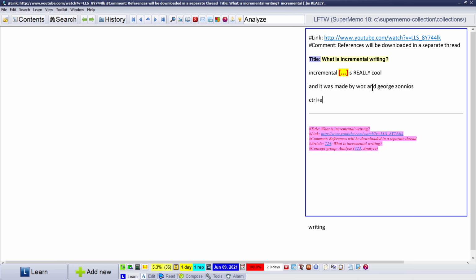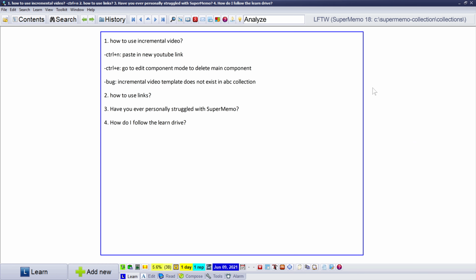Now, one thing I will note that is a bug with incremental video is that if you're in the ABC collection and you try to use incremental video, from what I remember, it just doesn't work. There's no incremental video template, so nothing really happens. I don't remember the exact details, but if you do have that issue and you're in an ABC collection, my recommendation is that you go to File,